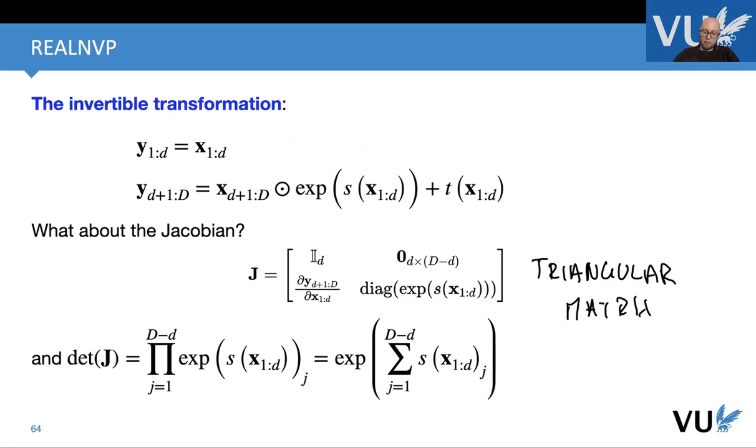Okay, and for triangular matrices, the determinant of the triangular matrix is just the product of the diagonal. So simply what we get is a product of exponents, and since the product of exponents is the exponent of sums, we just need to calculate the sum of these scales, right? And since, of course, in the end we get,